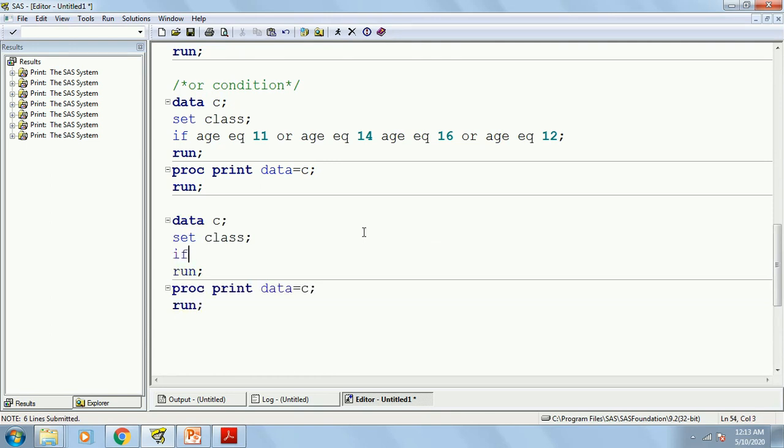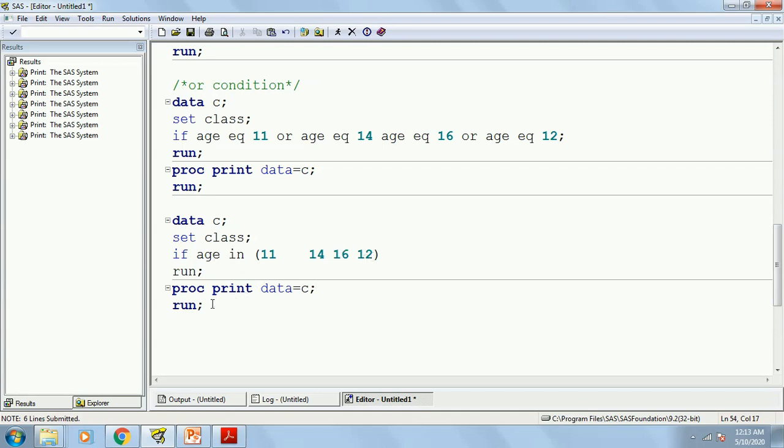You can write if age in, and within brackets you write 11 14 16 12. You don't have to put any comma. A single space is going to suffice your requirement. If you wish you can put multiple spaces as well, it doesn't matter. Now it means if age equals to 11 or 14 or 16 or 12.